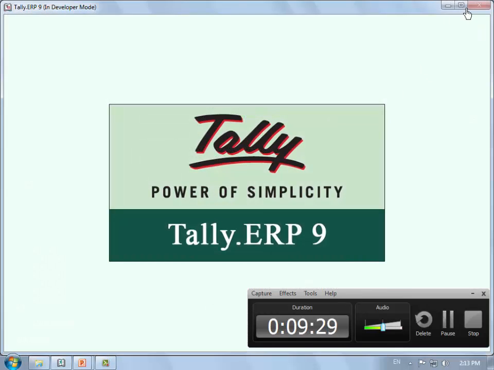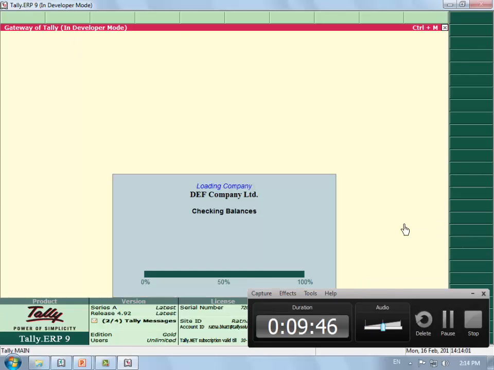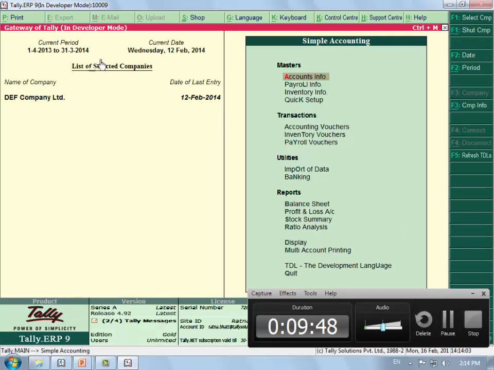First thing that you will notice on the left top hand banner, it's in developer mode. The banner, the gateway of Tally, has been turned red, and it clearly specifies developer mode. So this indicates that right now your Tally is running in developer mode.